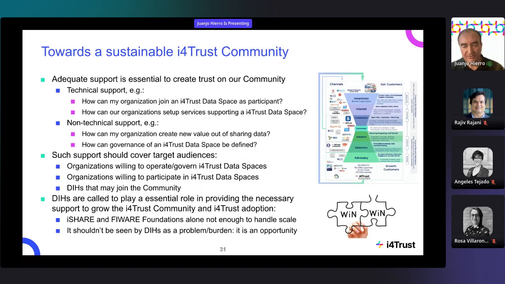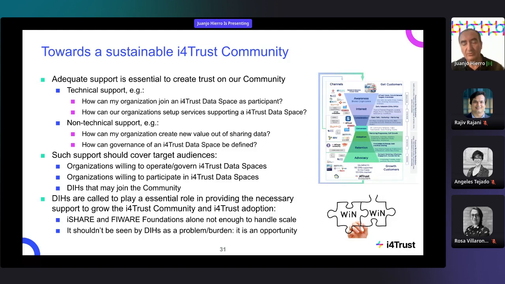For this, one aspect that is essential is to provide adequate support to anyone that is trying to use the framework and approach our community. And we should not only limit ourselves to potential organizations that belong to the experiments that are funded.